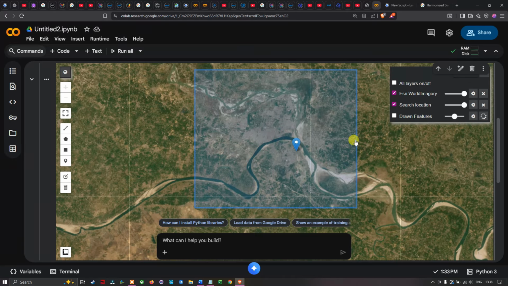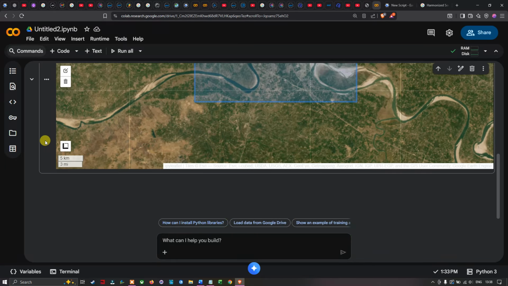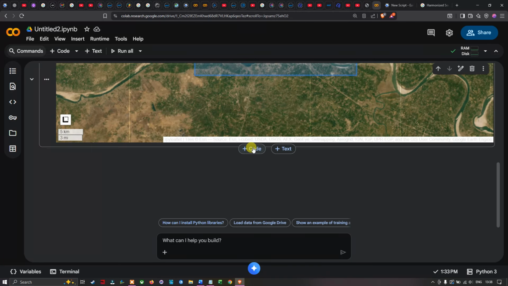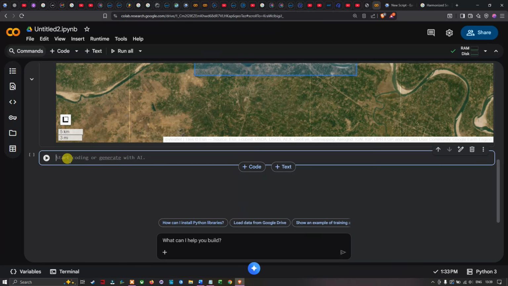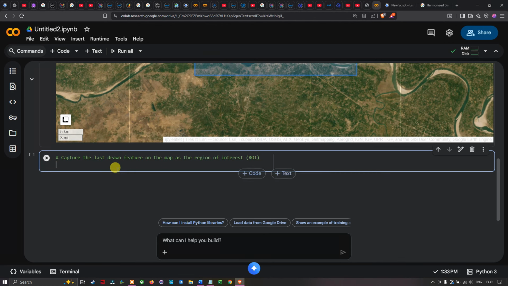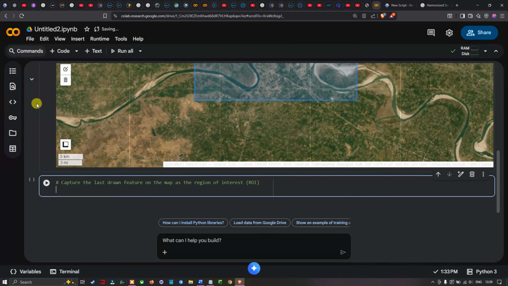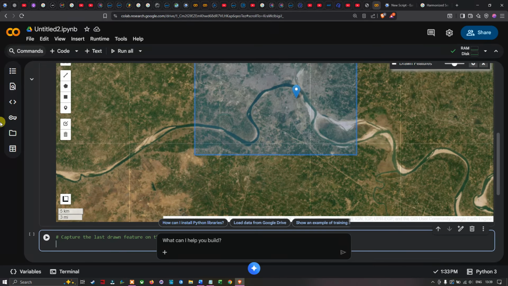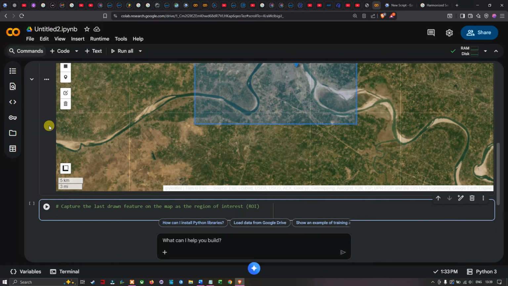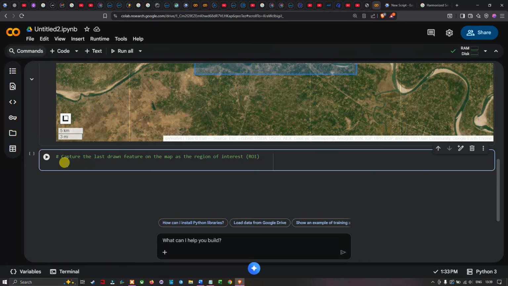So right now I can see I've selected my region of interest here. In the next step, I'm going to click this option, code. What we're going to do is capture the last drawn feature on the interactive map as our region of interest. We have already drawn our region of interest here, you can see, and to capture the last drawn feature on our interactive map, to fix it as our region of interest, I'm going to mention the study area,